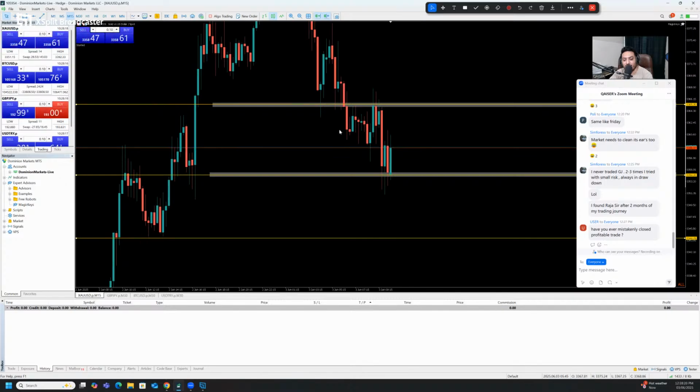So how can we read the volume? When the candle size becomes bigger and it starts printing in one direction, it's a sign of volume in it. And after that we need some kind of structure to be formed there. So if everything is on point, then we will give our trade a chance.